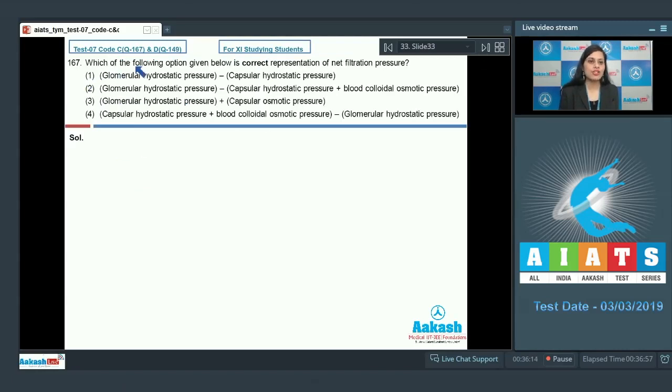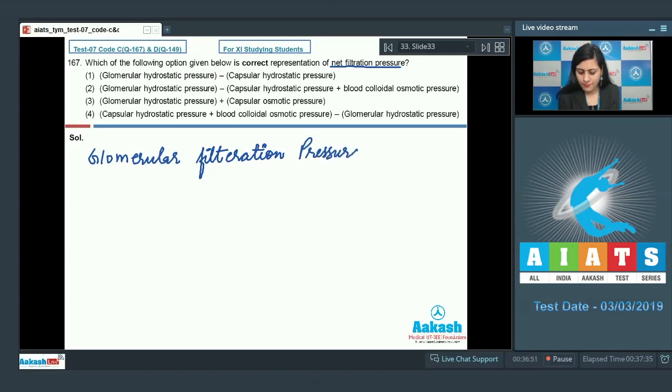Question number 167. Which of the following option given below is correct representation of net filtration pressure, also known as glomerular filtration pressure? NFP is the pressure difference across the filtration membrane and it is nearly about 10 mmHg and it is represented as GFP or NFP